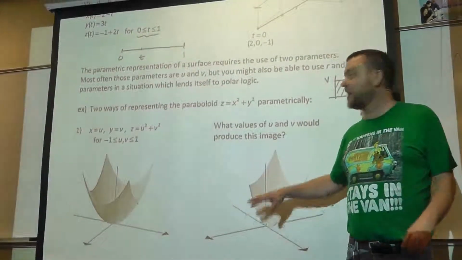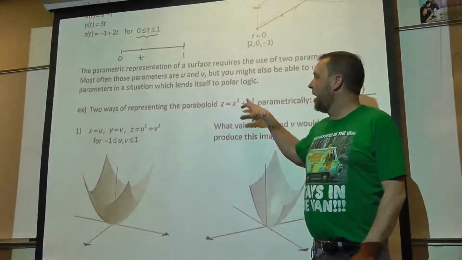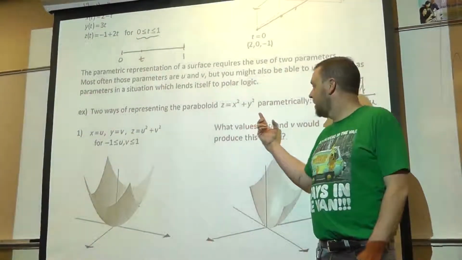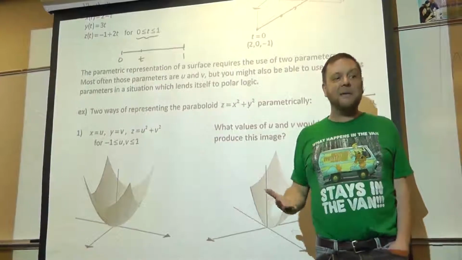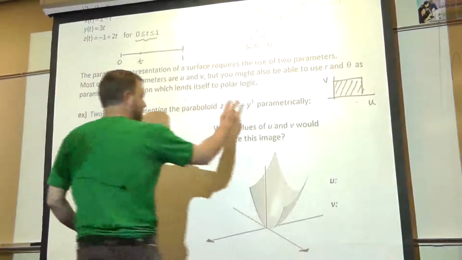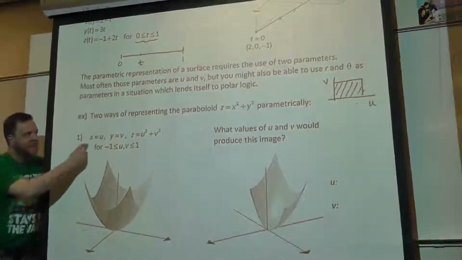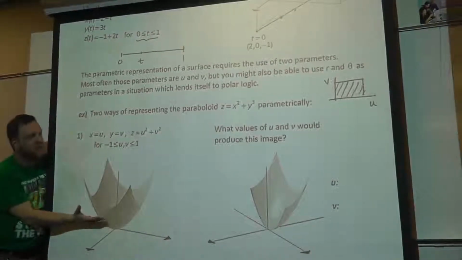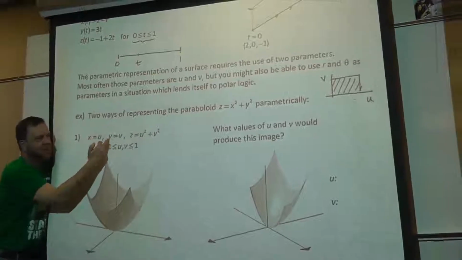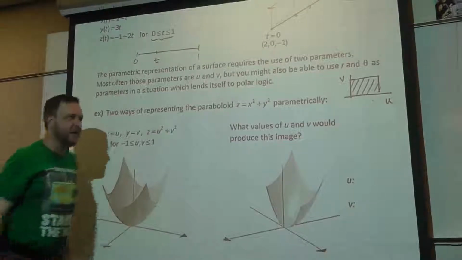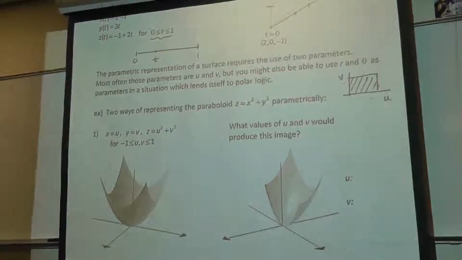I'm starting with a pretty straightforward example. One way to parameterize the paraboloid: there's the usual paraboloid equation you're accustomed to seeing, z equals x squared plus y squared, okay? I don't want to say it's the lamest parameterization. It is a parameterization, but I do think it's kind of lame. Because if you parameterize it in terms of u's and v's, if you let x be the variable u and let y be the variable v, since the equation of this paraboloid comes from z equals x squared plus y squared, you're defaulting z to become u squared plus v squared. And let me show you what this looks like on the computer when I graph it out. Because most software packages you find nowadays can actually do parametric graphing.